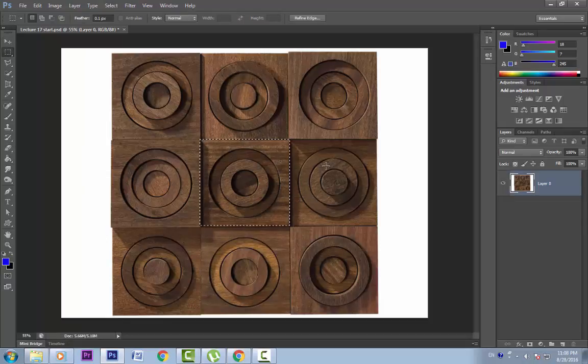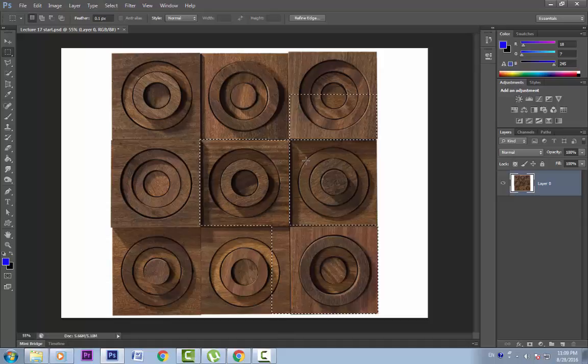Now what if I want to add an area to this selection? For this, you need to press Shift on your keyboard. You can see that my cursor changes to a plus sign. Now whatever I select will be added to the selection. Like this will add to the selection, or this will add to the selection. Cool. Similarly, to subtract an area from a selection, we will press Alt on our keyboard. You can see that the cursor changes to a negative sign. Now if I make a selection, it will be subtracted from the selection, like so and like so.